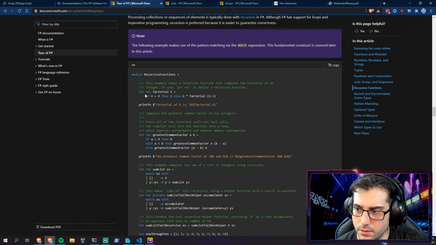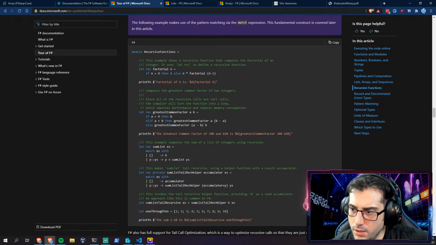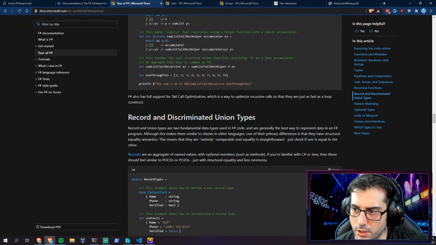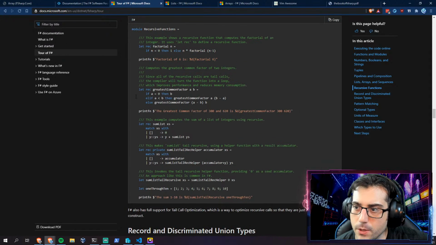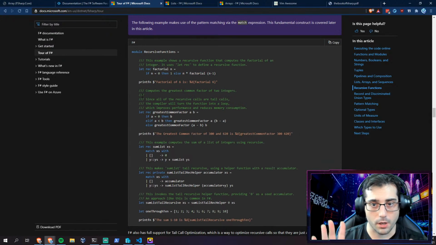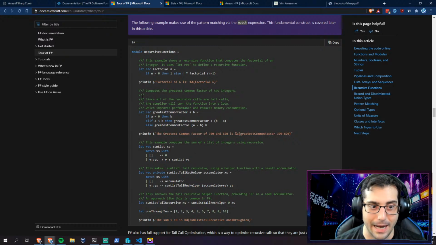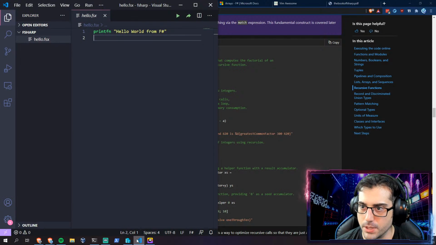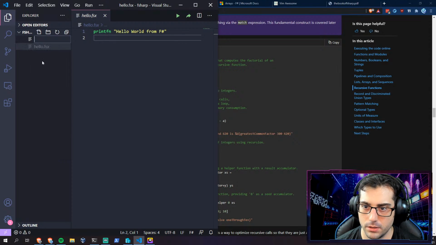Okay, so let's see. If n equals 0, then 1, else n times factorial of n minus 1. So this is a factorial recursive function. GCF, sum list, Q. Okay, so far we haven't done any coding, and that's got to stop. We have to write some code before we get out of here. So what I'd like to do is actually write a really, really simple example script, and I'm gonna call it